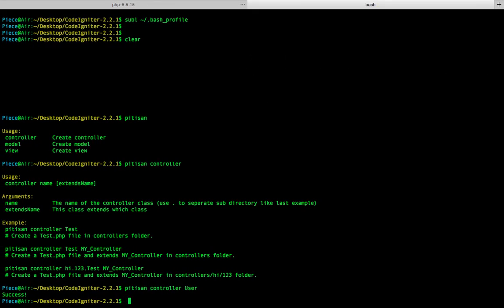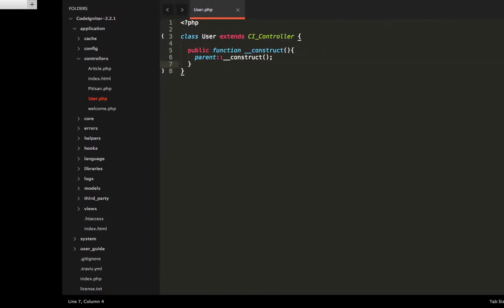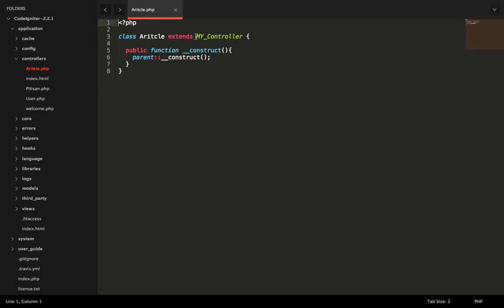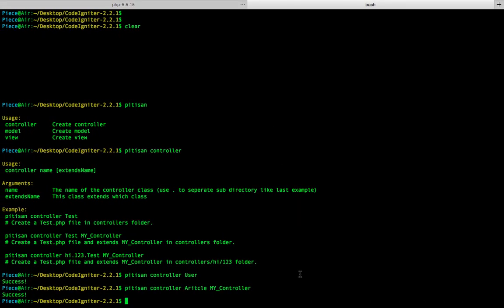Now we can extend any controller, like article. We have it extend my controller, so we can see here article extends my controller. And if I want to create a controller in another folder,